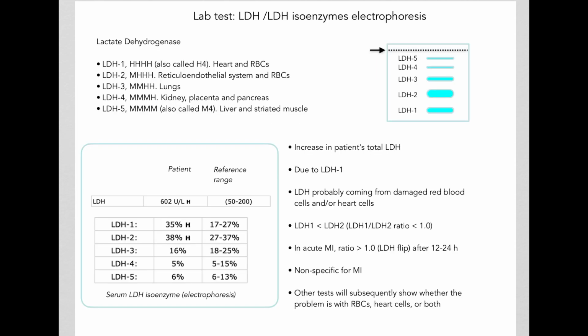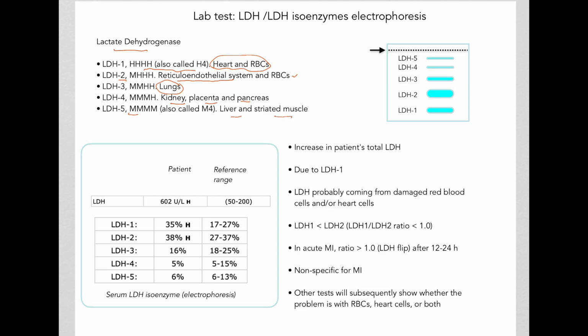Okay, so now let's look at a few examples, a few clinical applications of isoenzymes. Let's look at the lactate dehydrogenase isoenzymes. LDH1, also called H4, is predominant in the heart and red blood cells. LDH2 is found in large amounts in the reticuloendothelial system as well as red blood cells. LDH3 is predominant in the lungs, 4 in the kidneys, placenta, and pancreas, and 5 in the liver as well